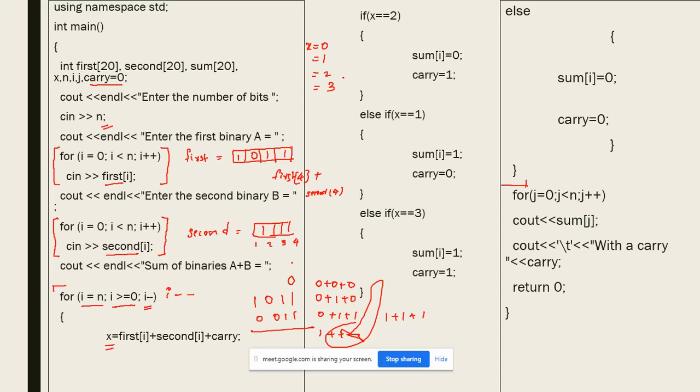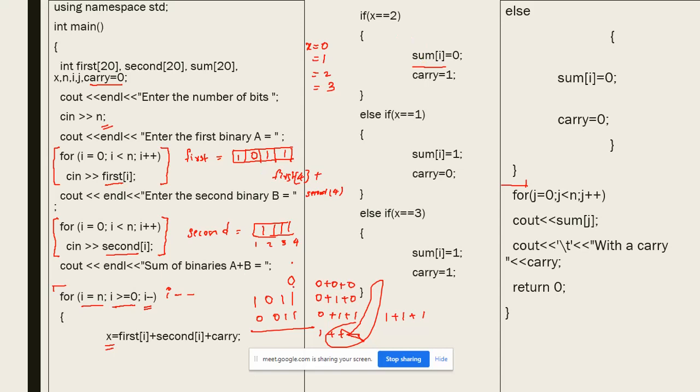And I am telling my compiler, see, if x is equal to 2, that is, if any two of the carry and the digits are equal to 1, then x is equal to 2, then my sum will be 0 and carry will be 1. And the sum will be stored into another array which is defined as sum[i].